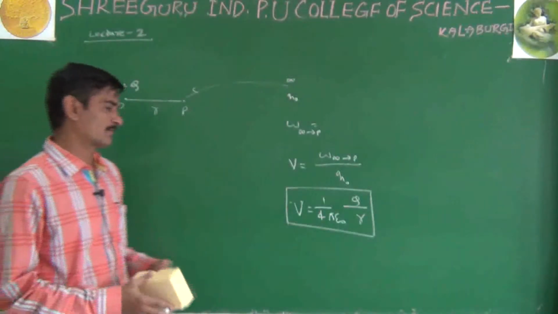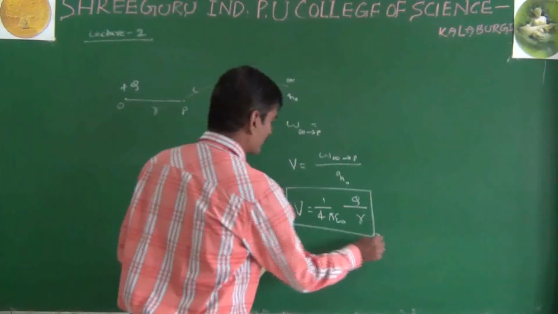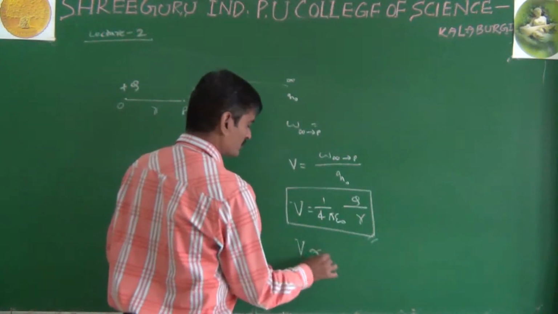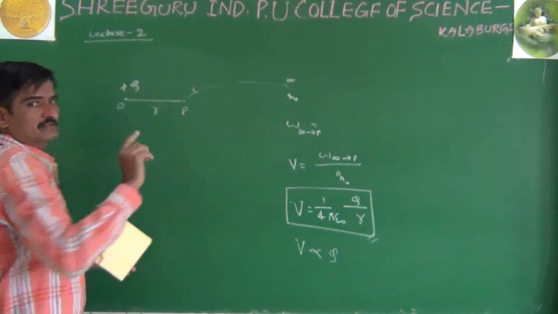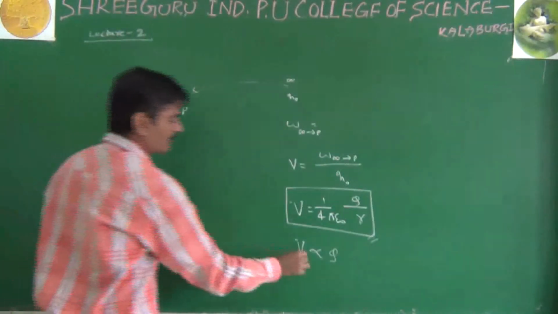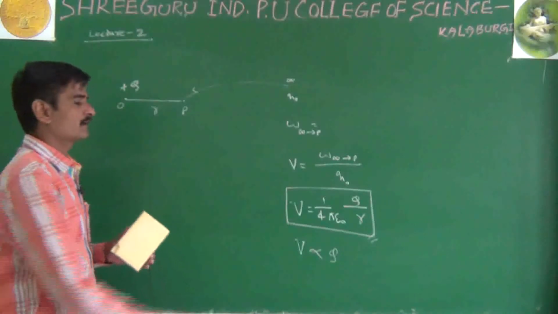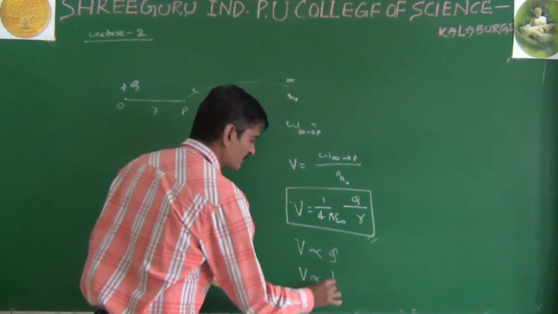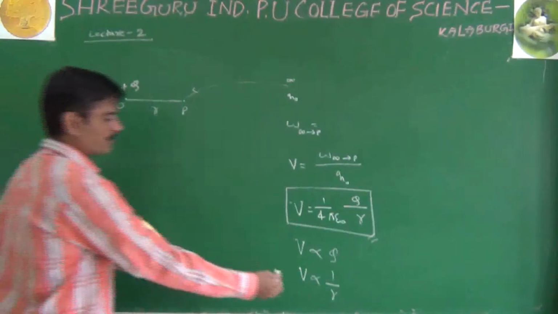At the end you got this formula, V is equal to 1 by 4 pi epsilon naught Q divided by R. So from this formula we observe that electric potential is directly proportional to the source charge. This is the source charge, not the test charge. Test charge is different, source charge is different. If the source charge is bigger, electric potential will be bigger. If the source charge is smaller, electric potential will be smaller. And also, electric potential is inversely related to distance. That we have observed, right?